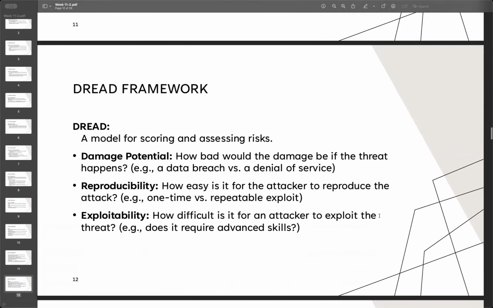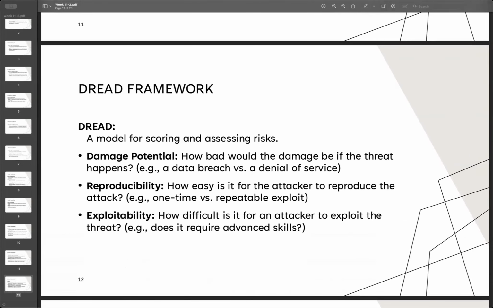And then what's the other framework? DREAD. These are models for scoring and assessing the risk. The first one is damage potential, the D. How bad would the damage be if the threat happens? Would there be a data breach or denial of service? It costs, so we need to think about that. And then reproducibility: how easy is it